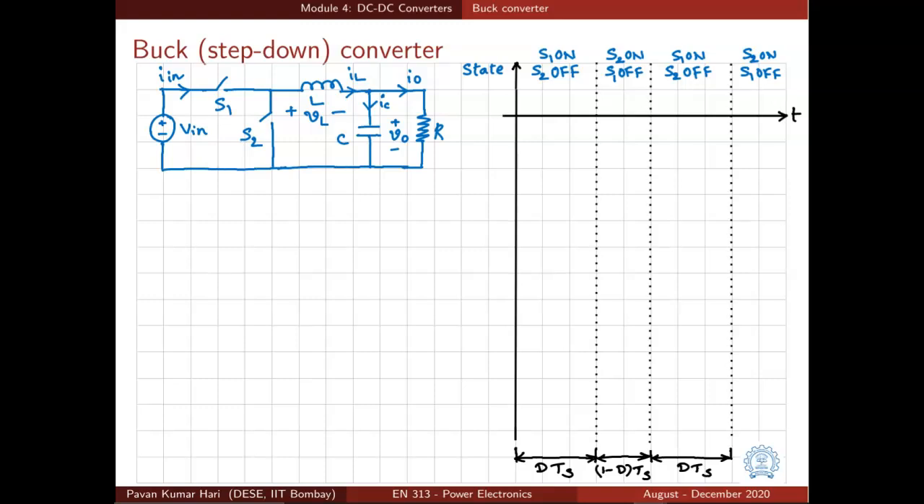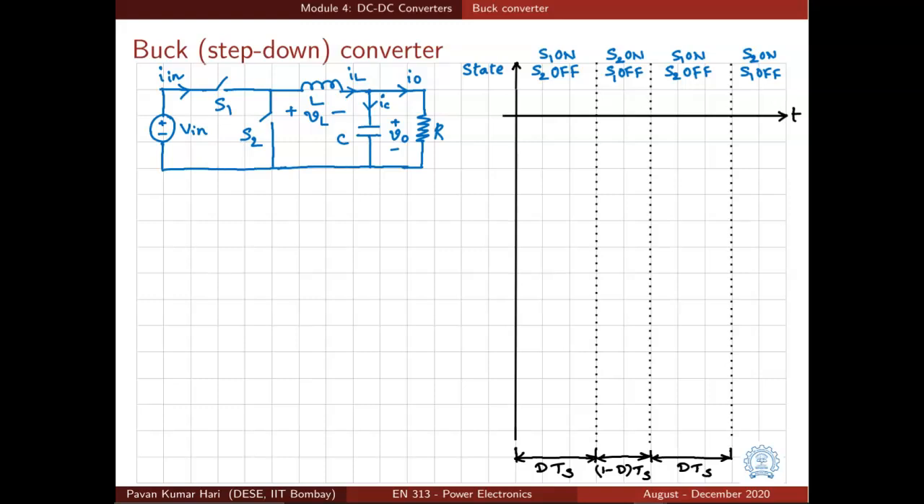Let us try to understand and analyze the buck converter circuit, or step down converter circuit. In this converter circuit we have two switches S1 and S2, one inductor L and one capacitor C. The output voltage is the voltage across the capacitor C. That is why a load resistance, a resistance which represents the load, is connected across this capacitor, and Vin